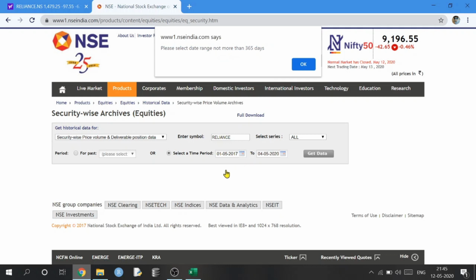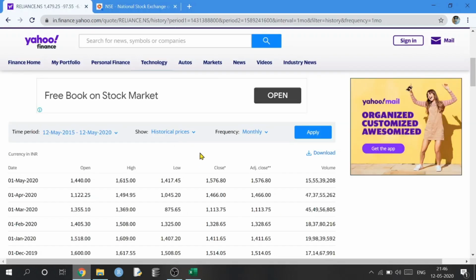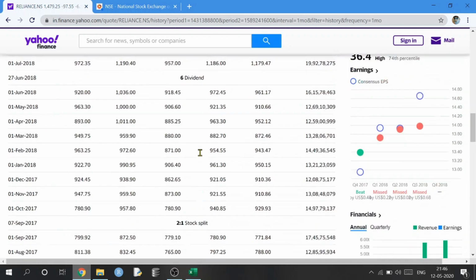So you will have to select a time period not more than a year. So if you want to download the data for more than a year, you have to download it in parts. Like if you want 2017 to 2020 data, you have to download the 17 to 18 data separately, then 18 to 19 data separately, and so on. But here you get the 5 years data in one go.